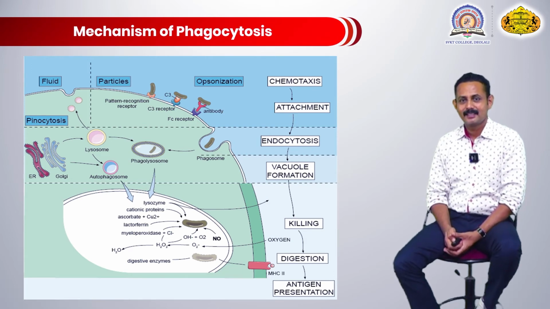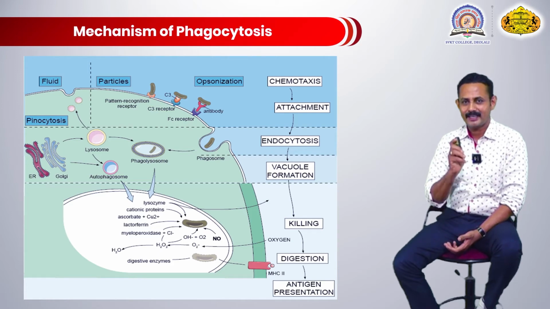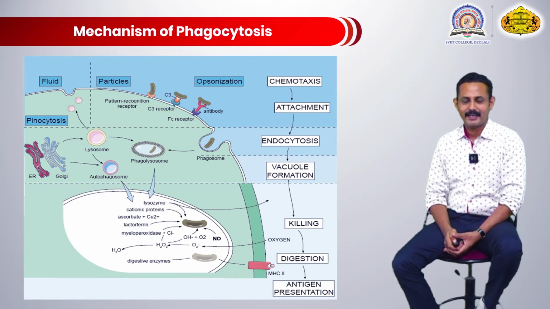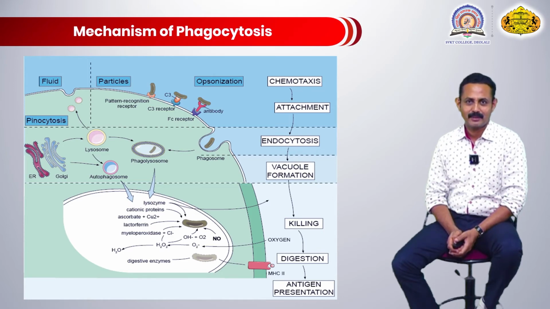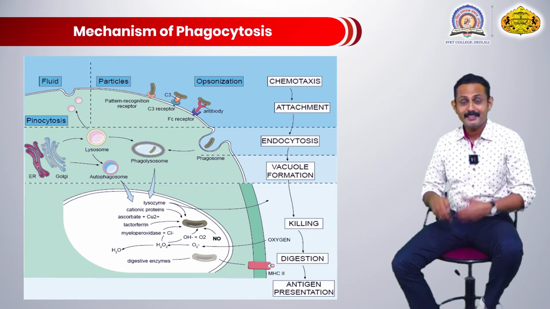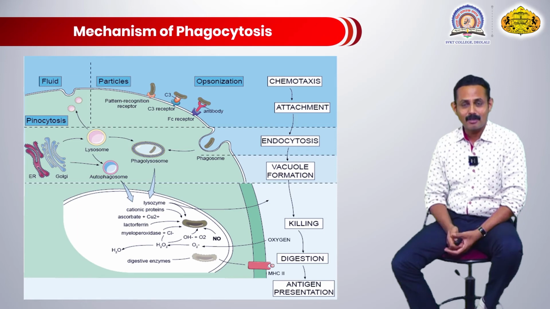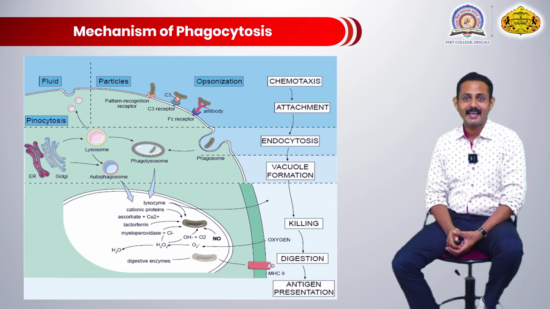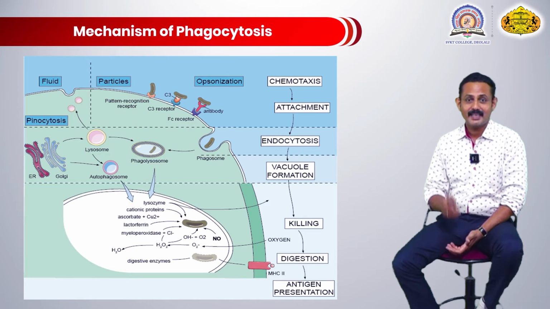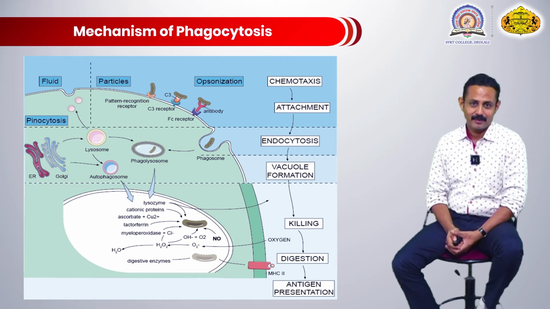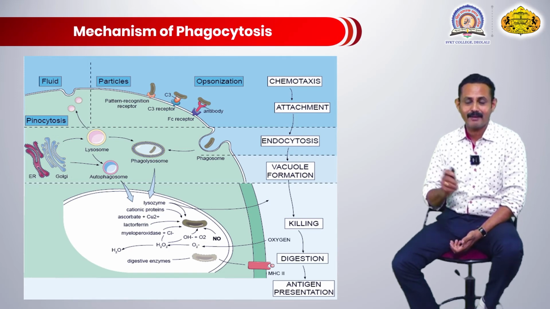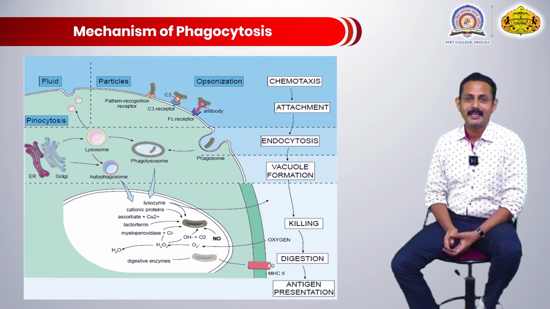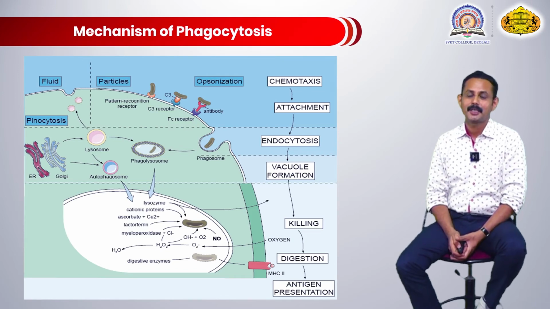In chemotaxis, when that microorganism, when that antigen enters inside, it has its own chemical composition which is present on its cell wall or on its external appendages, or it may secrete different types of chemicals like toxins here, and these themselves act as a stimulator which attracts the phagocytic cell to where those pathogens have entered. So it has a natural capacity to get attracted towards that pathogen from where it is present. This process is called chemotaxis.